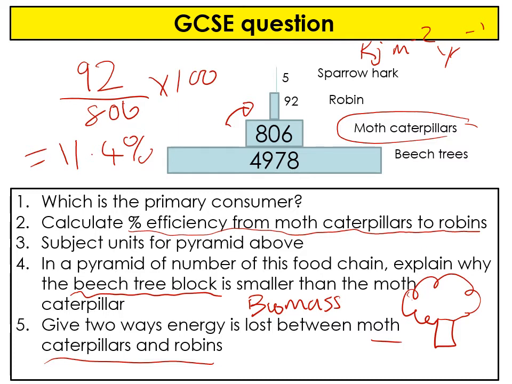But not all of it will be absorbed by the robin, so there'll be losses in the robin's feces, and this is our robin's biomass, so some of the energy will have been lost as heat during respiration for our robin as well. Okay, so don't worry if you didn't recall that last one. Well, we'll do some recapping now because there isn't that much extra, to tell you the truth, in the A-level content. It's much more about AO2 thinking, as we will keep referring to, being cautious about the species that you're talking about and not just having rote answers.